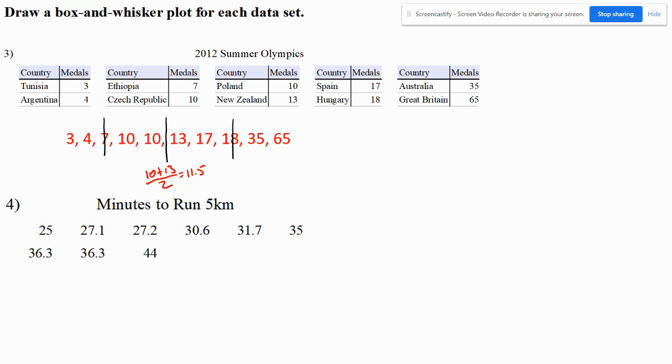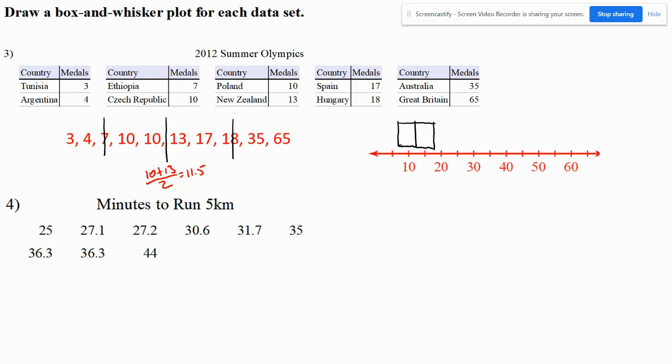All right, so I'm going to draw a number line. In this case, I'm going to be counting by 5s. Let me draw my 3 lines at 7, at 11.5, and at 18. Let me close them up, that way I make a box out of them. Now, before I make my whiskers,